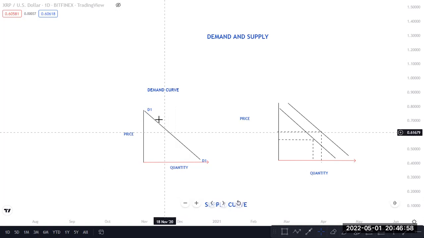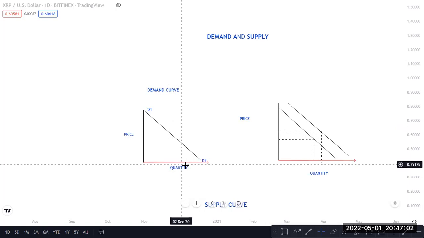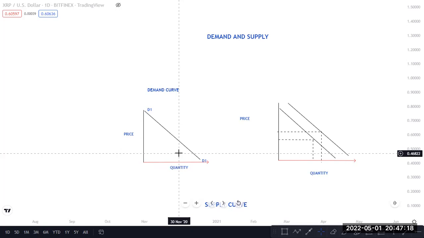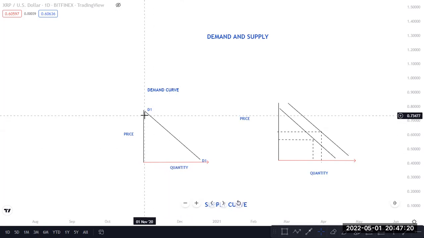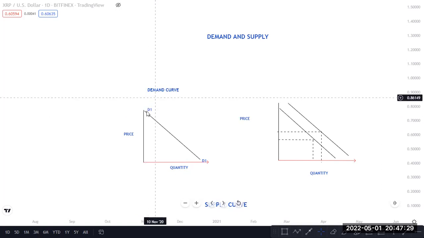But the more it gets cheaper, the price goes down, and the quantity demanded increases. Meaning the more this product gets cheaper, the more customers are attracted to buying it. Let's say maybe it's bread. Bread is expensive, so when prices are high, we'll just look for another alternative that we will replace with bread.